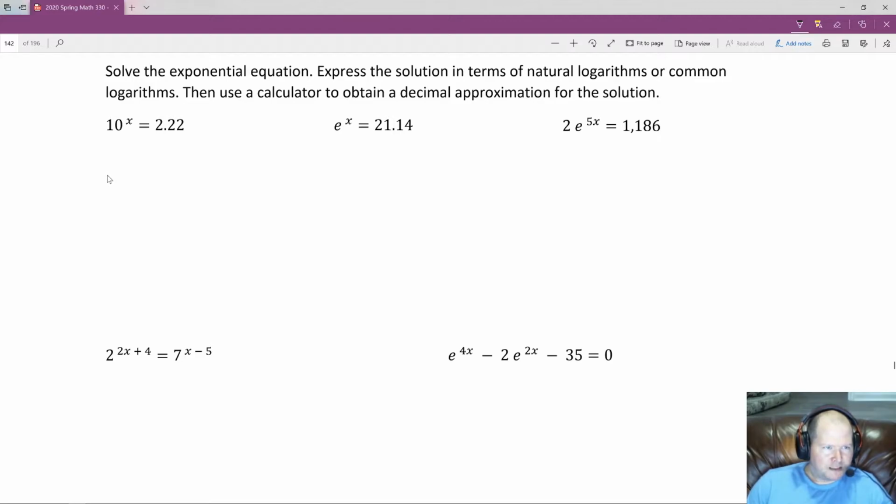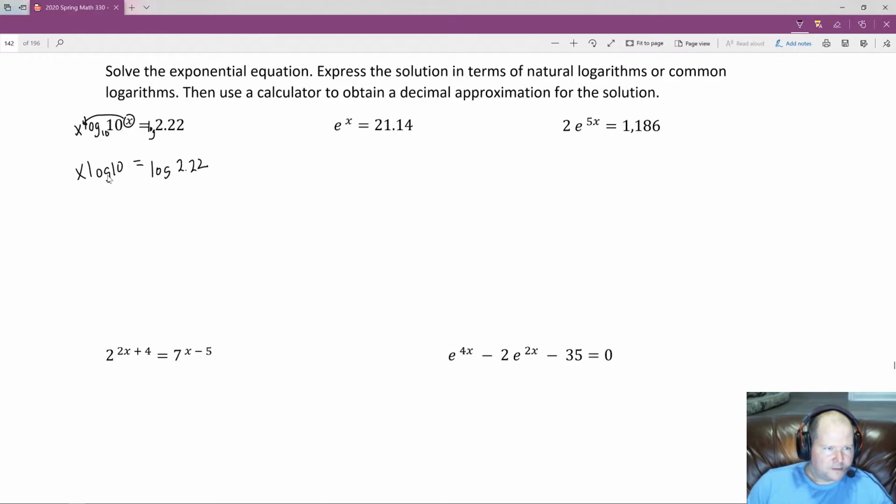Because this is a base 10 here, I'm going to use a regular log, which has an understood or implied base 10, even if you don't write it. Whatever I do to one side, I'm going to do to the other, so I'm also going to take a log of the other side. What that allows me to do is pull this x to the front. So we end up with x log of 10 equals log